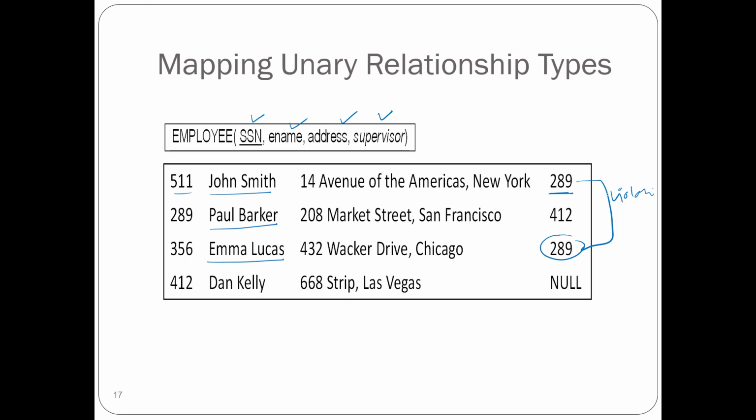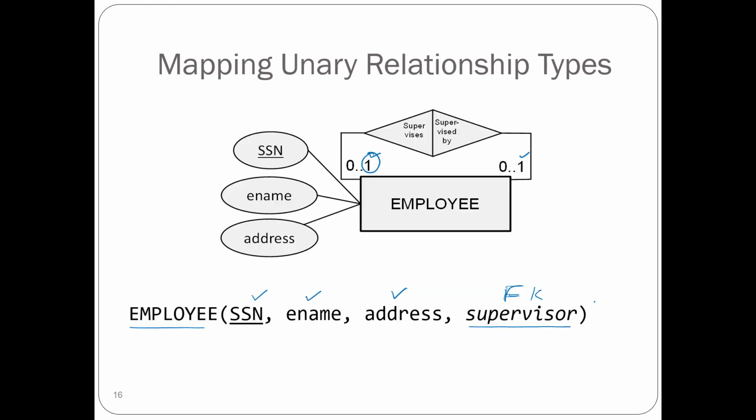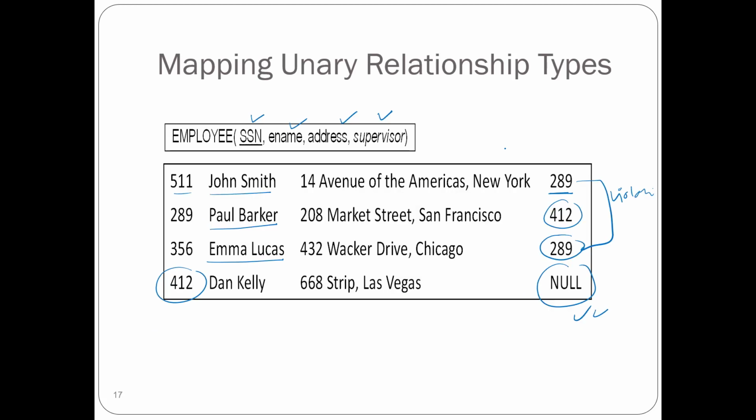Fine. Then Paul Barker is being supervised by 412. Who's 412? Dan Kelly. Good, that's fine. And Dan Kelly is being supervised by no one. That is also allowed, right? So we say that an employee can have zero supervisors, and that is evident in the case of Dan Kelly. Dan Kelly has no supervisors, right? And an employee can,